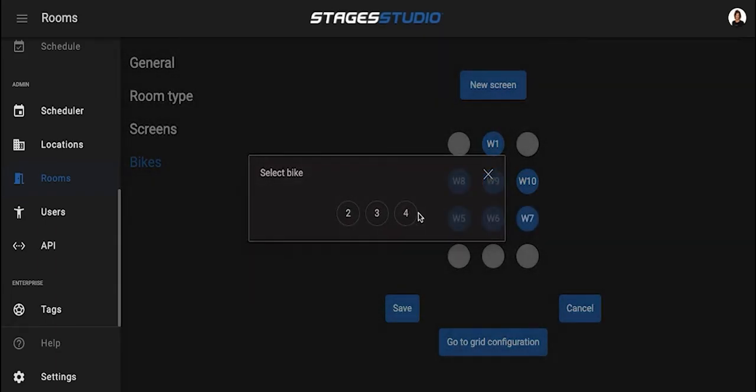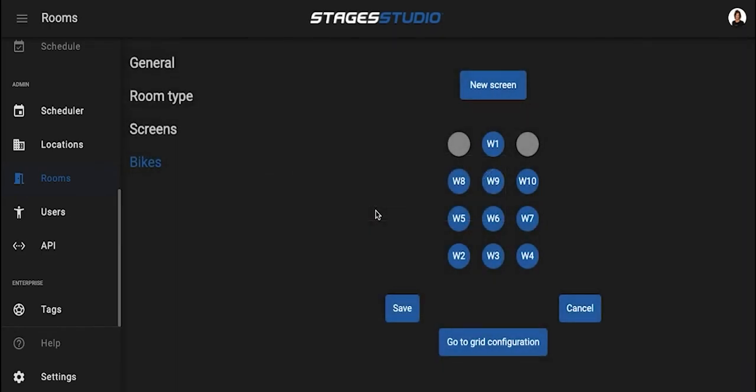Now, a lot of us have our lowest numbered bikes in the front of the room, but we may not want them at the top of the screen, as this would mean the front row would have to look the highest on the screen, perhaps giving them a neck cramp. If you'd like to flip this so the back row bikes are actually at the top of the screen, just choose that order as you place the bikes on the screen configuration. Once this is complete, just save your work.